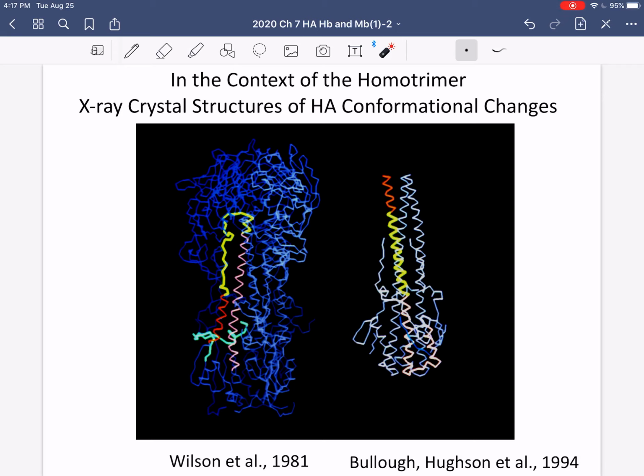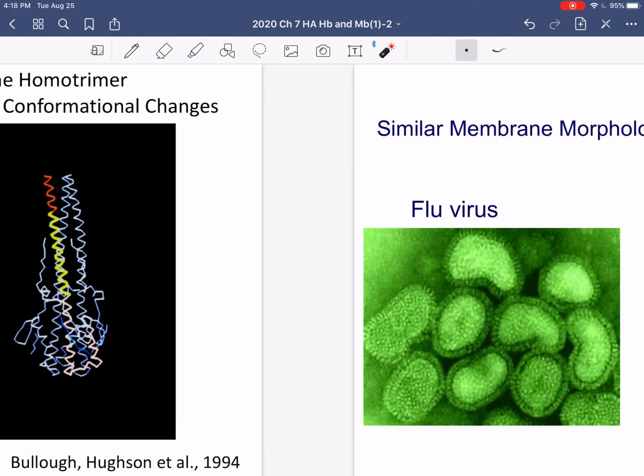And then after the conformational change, you can see that that yellow region is now included in that coil, as is the red alpha helix. So this was the structure that Per Bullough and Fred Hughson solved in Don Wiley's lab in 1994. And then the break and the bend back up is what they saw over here, which had a consequence for the mechanism of membrane fusion, the fusion of the viral membrane and the cellular membrane, remember, that is required in order to empty out the viral nucleic acid into the host cell.